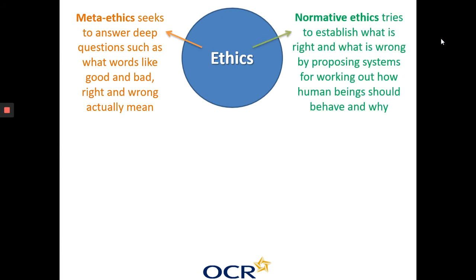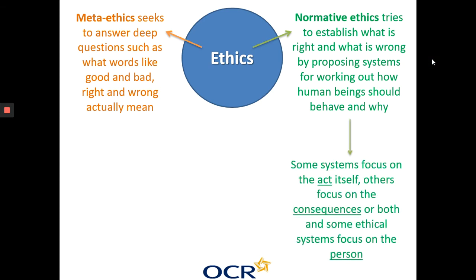The other branch of ethics is normative, and normative ethics is what you're probably going to be spending the majority of year 12 looking at. It tries to establish what is right and wrong. So already, under the assumption that there is an idea of what is right and wrong, it's not subjective, by proposing systems for working out how human beings should behave and why. So for example, some systems focus on the act itself, others will focus on the consequences,